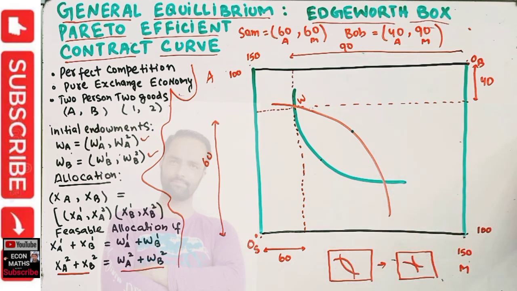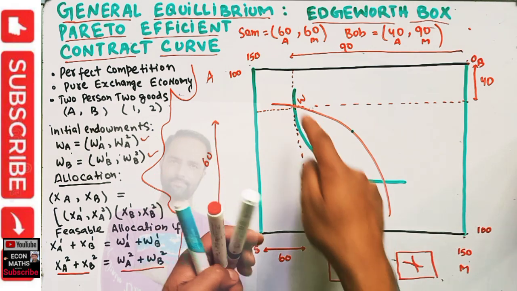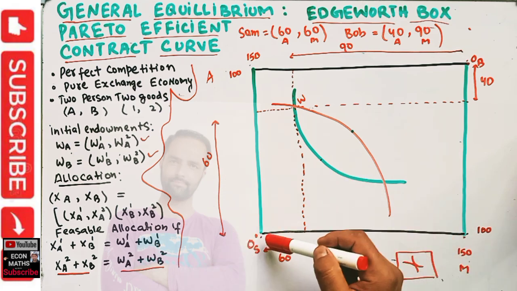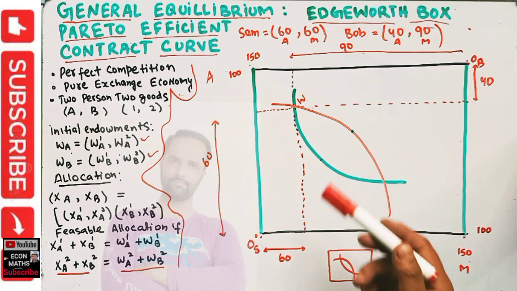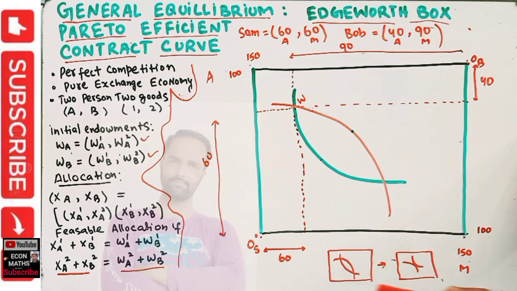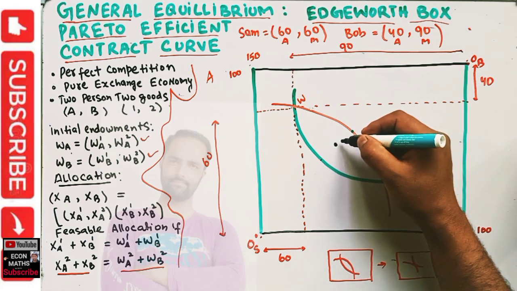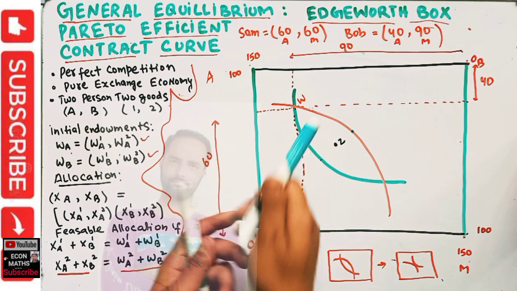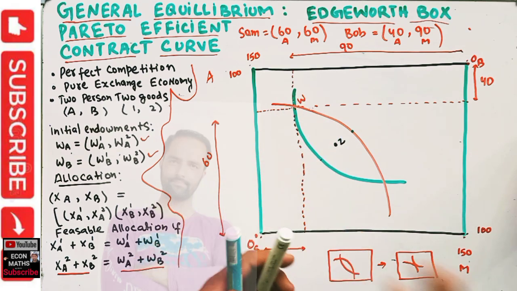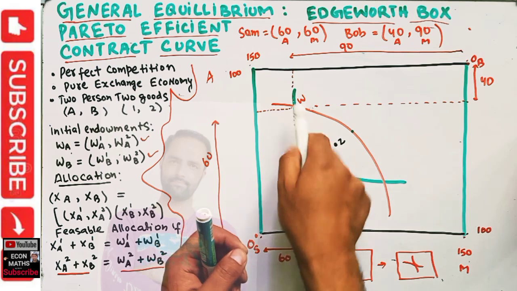Okay, so this is what I want to show here. Since we have the lens-shaped region between the indifference curves of Sam and Bob, if we are able to wipe out this lens-shaped figure, then when we reach this point, we are actually at a point of Pareto efficiency. Okay, let me take a point here. Let us say this is point Z. Now if we move from point W to point Z,